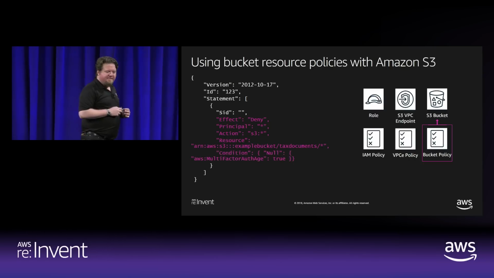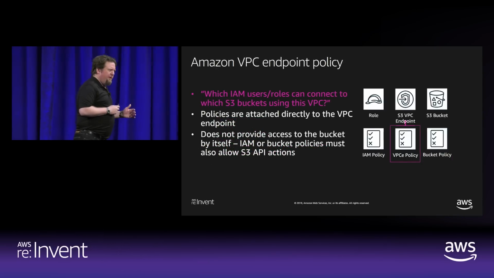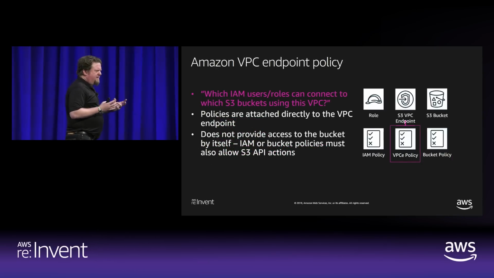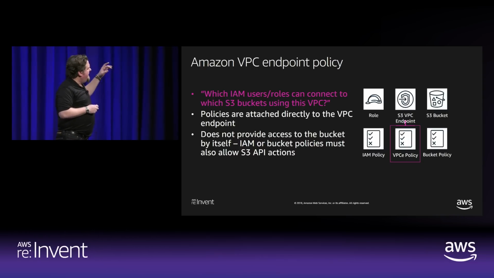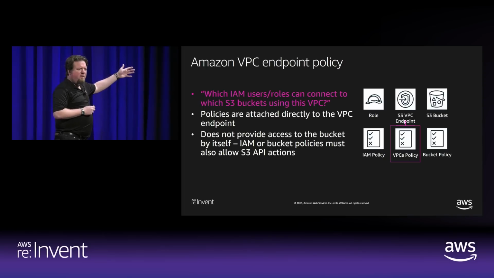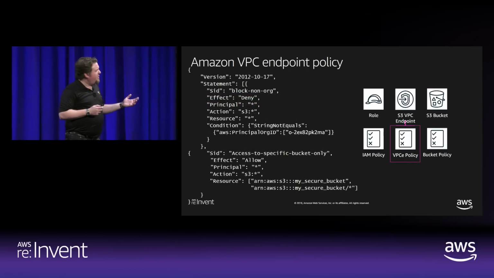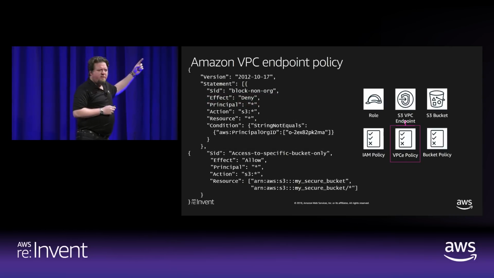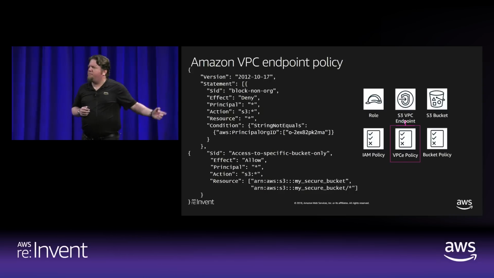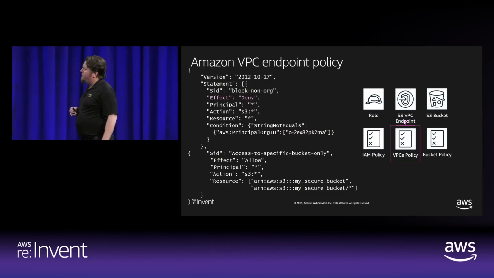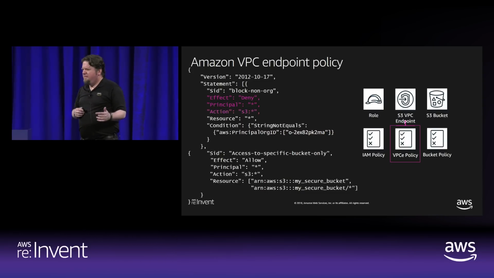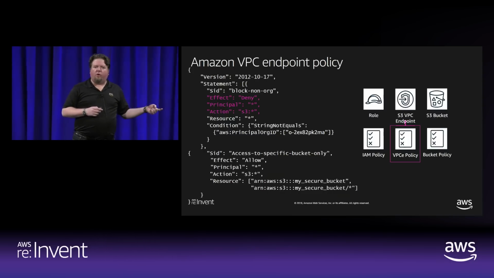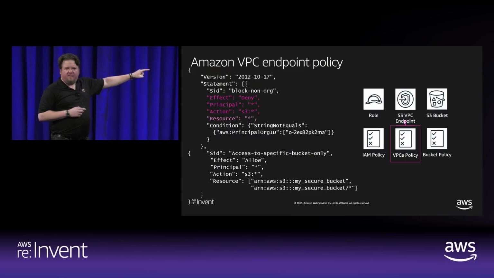But the endpoint has some additional tricks. The endpoint is a resource, so it gets a resource policy. The endpoint can take policy language, and it can further constrain or allow the actions to S3 that cross the endpoint. So when we look at endpoint policy, this first one's really cool. It's got a new condition from us, principal org ID. This says we are going to deny all of the principals for all of the actions where the principal's org is not mine.